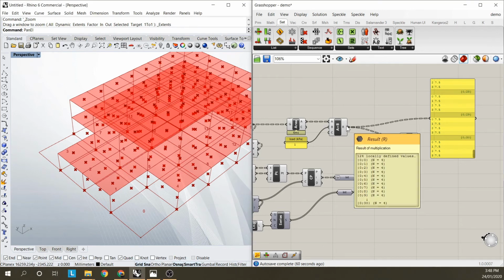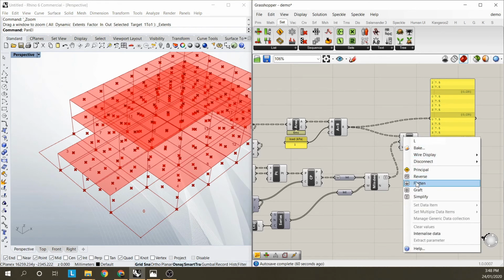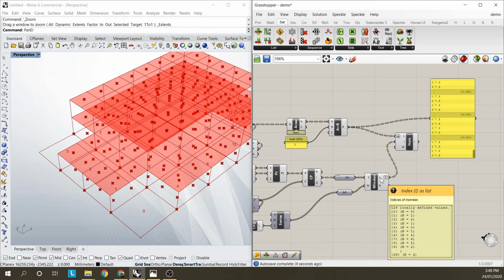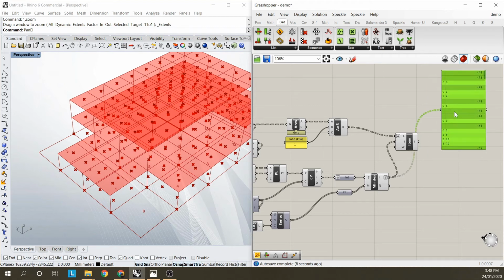Now don't worry that I've got different numbers in my lists. Ordinarily that's a bit of a worry, but I'm going to flatten this. I've got 124 items,